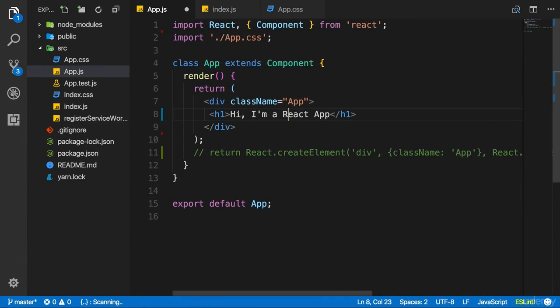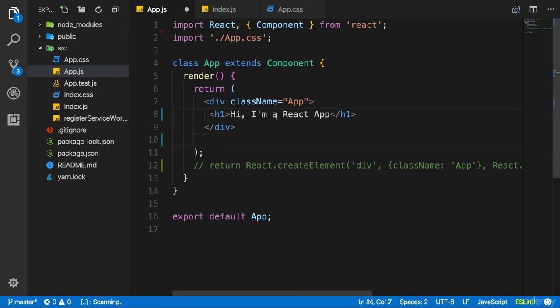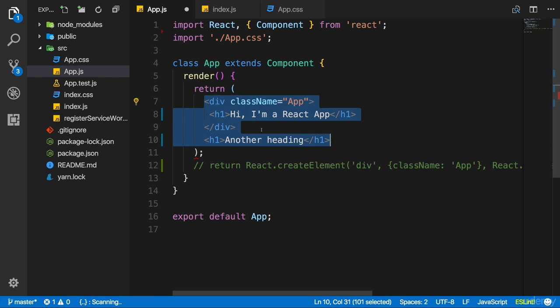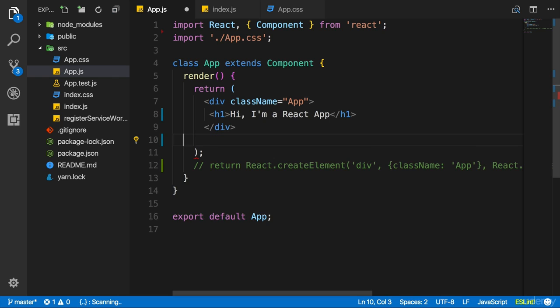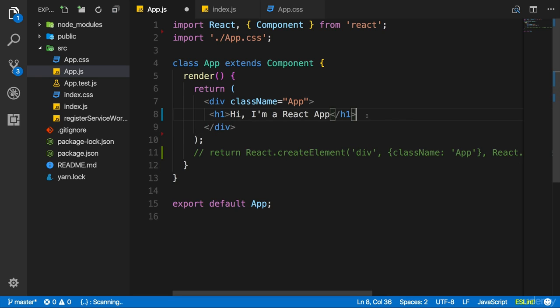Now, another restriction is that when we return something here, let's say we also want to return another heading, we actually can't do this here. Our JSX expression must have one root element. Now, with React 16, this is kind of loosened. And we will see in this course that we can actually return adjacent elements in the end. It is a typical best practice to wrap everything into one root element per component, though